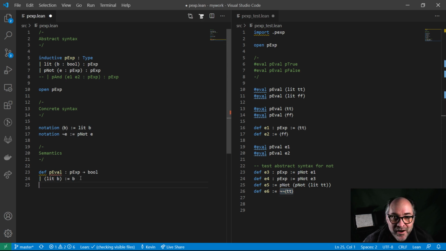Okay, and this is where that recursive thinking comes in. We can build up new terms inductively, and what we do to evaluate them is we break them down recursively and evaluate their subpieces and compose answers from answers for those subpieces. So in our semantics, if we get as an argument to p-eval an expression of the form P naught E,